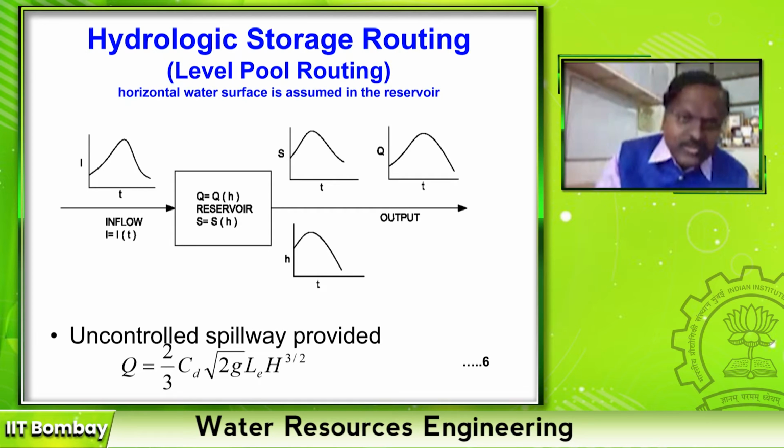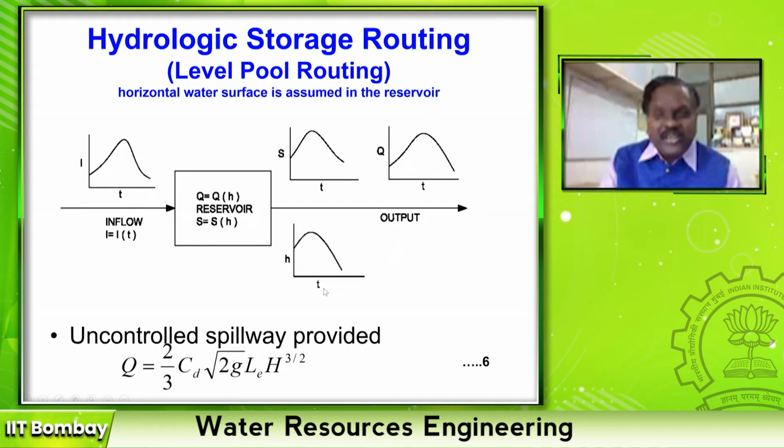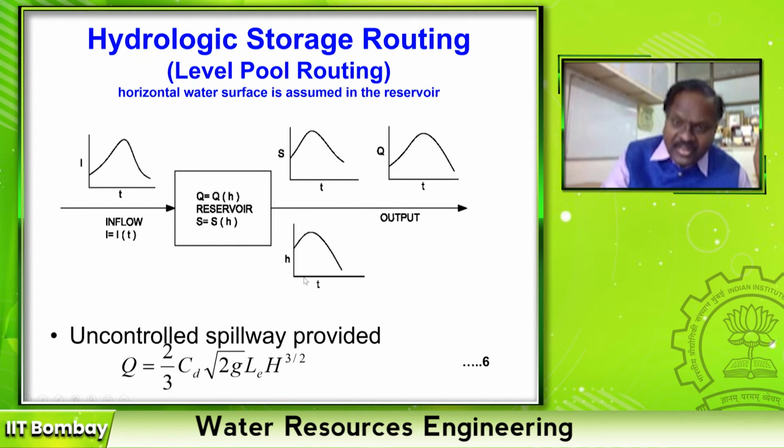When I want to do this flood storage disposal safely, I need some graphical relationships. As I said, the first one I need is how the storage increases as time increases. But how can I find the storage? Every time I cannot measure. There is a relationship between water level in the dam and storage, which is called the area elevation storage curve. Once I know it, I will go to the dam, find out the height of water at a given time t1, then find out the storage. So these two can be drawn simultaneously.